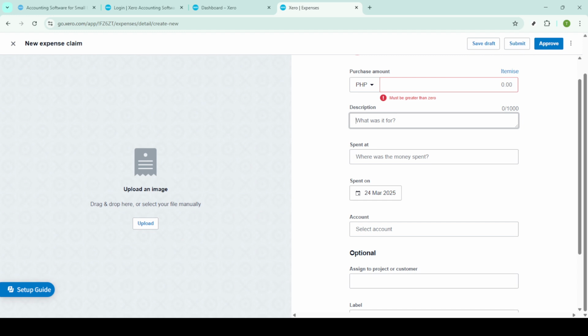Following these steps ensures that your accounting records remain up to date and accurate, further solidifying the financial integrity of